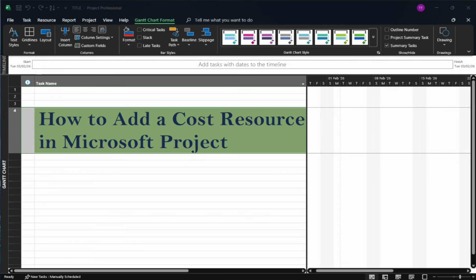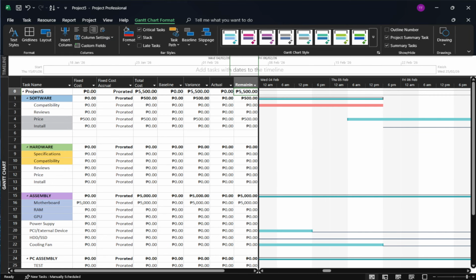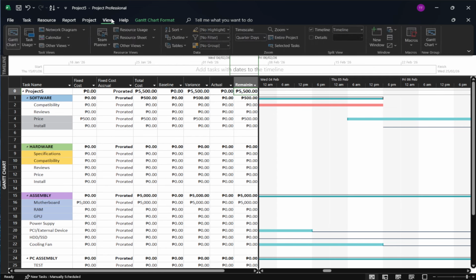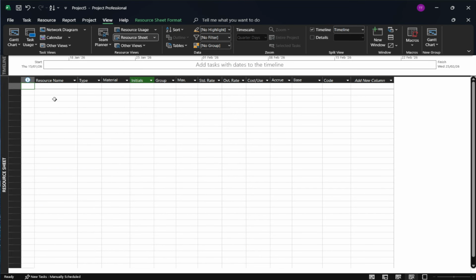Open the resource sheet by going to the View tab and choosing Resource Sheet. In a blank row, type a clear descriptive name, something like travel, equipment, or meals, so you know exactly what expense it represents. In the type column for that row, change the value from work to cost, then press Enter. That one change tells Project this is a cost type resource, which is perfect for expenses such as airfare, lodging,